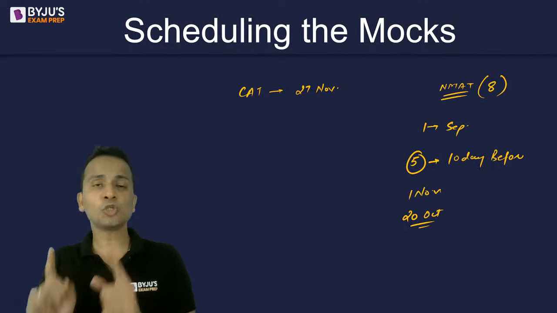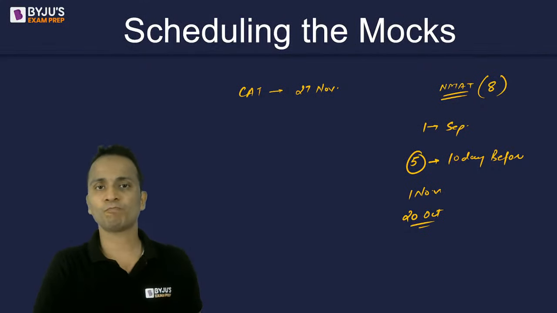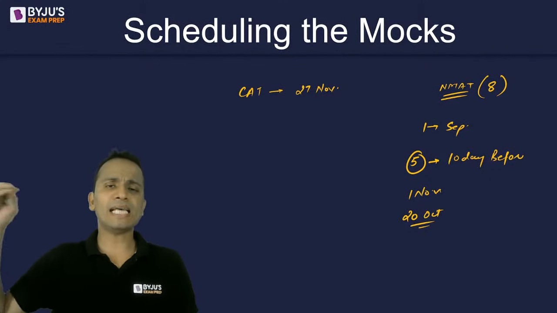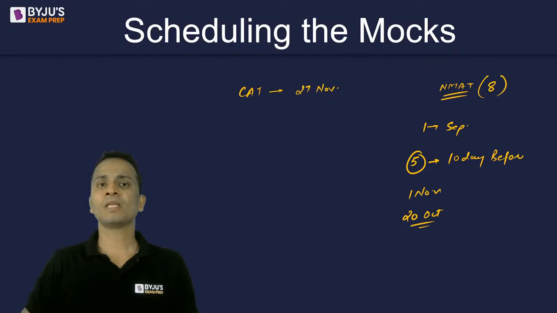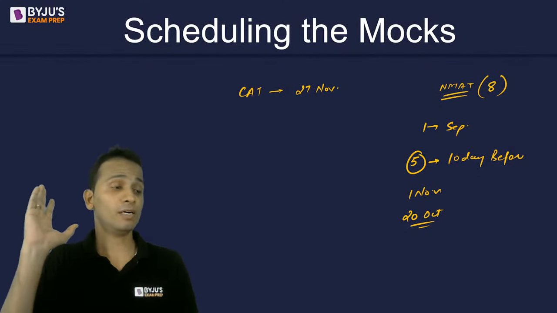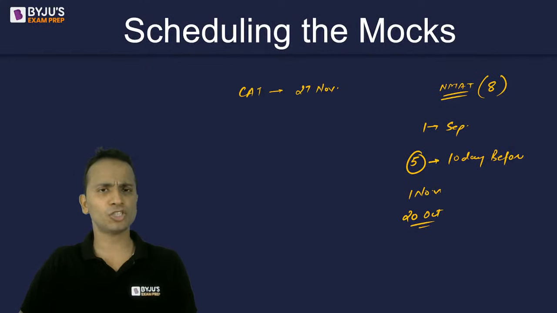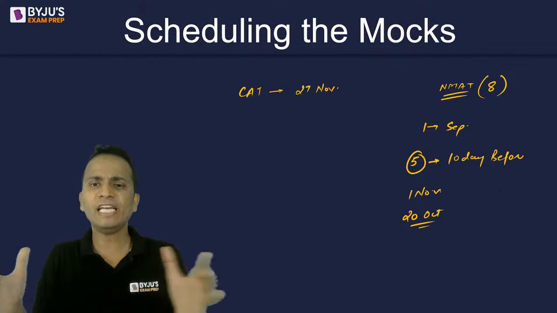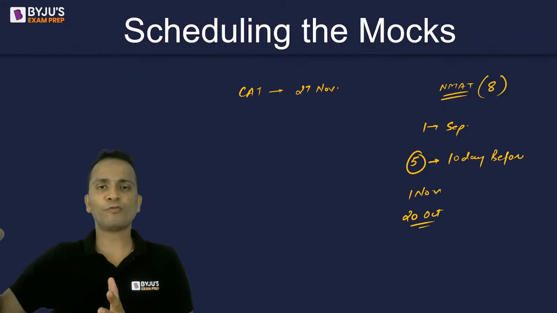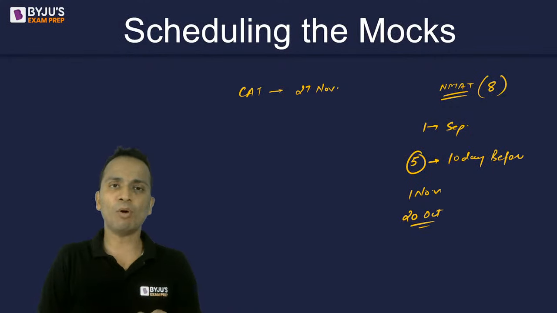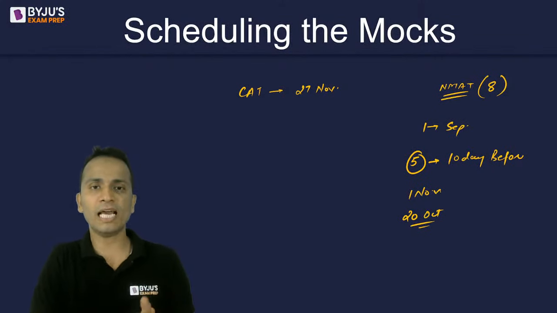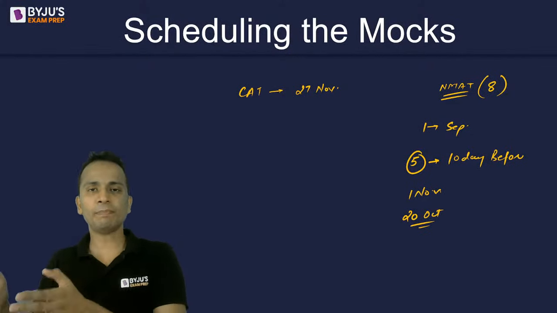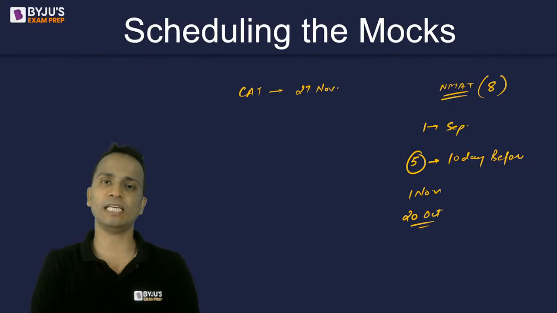Now the same thing is to be done with each and every exam. Let's say the SNAP examination is in the month of December, another examination is in the month of January, and MHCET will come in the month of March. So when you have a very tight schedule of examinations, for the SNAP examination you can take one mock 2 or 3 months before the actual examination, and the remaining mocks in a period of 10 days before the examination.